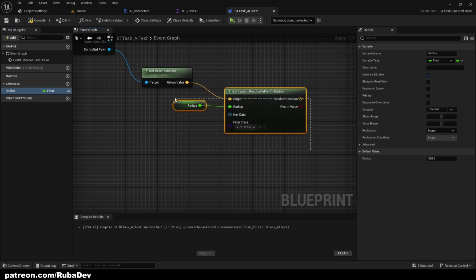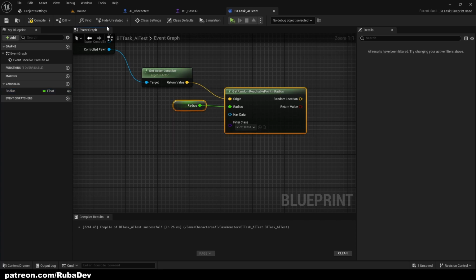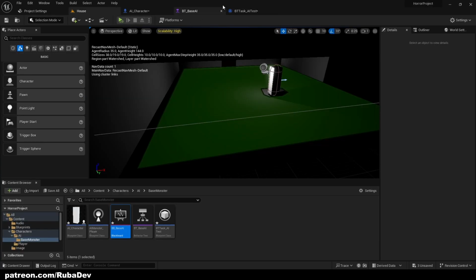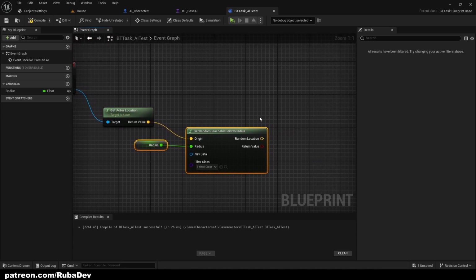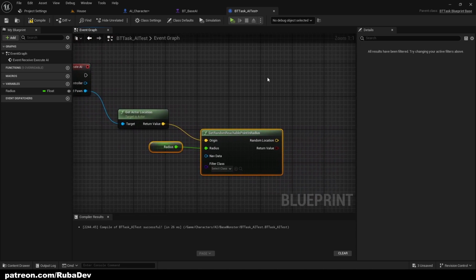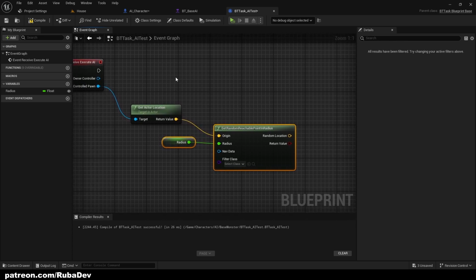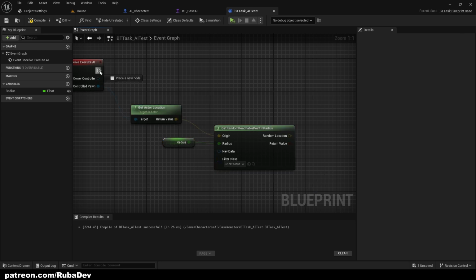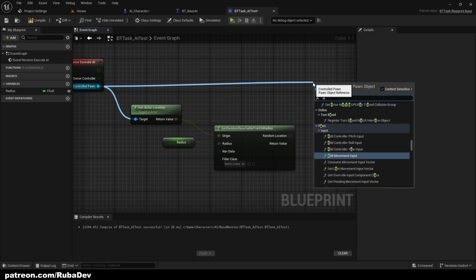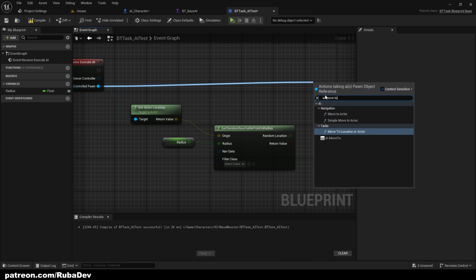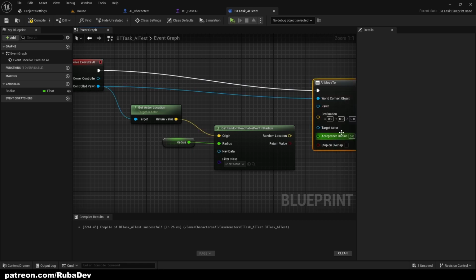So this is gonna be a radius around him, around our actor. And now we need to give a task to the AI. We need to tell him, okay, we got the location that we need, but now we need to command him to go there. The best way we can do that is to simply use an already made node that comes with Unreal Engine, AI Move To,